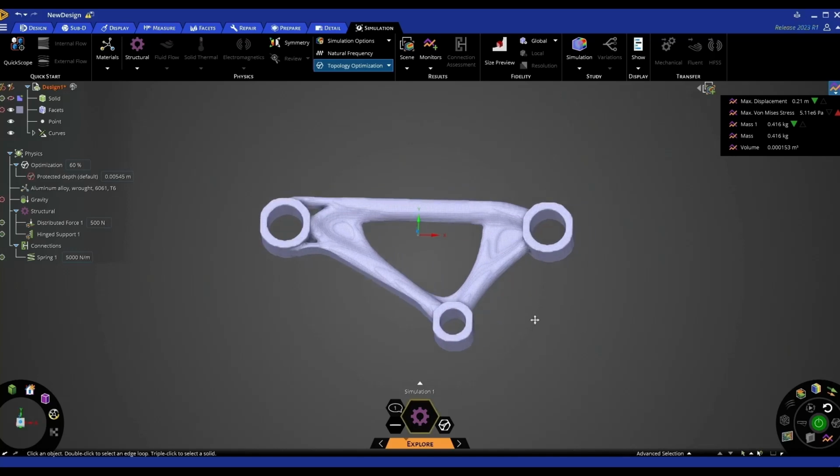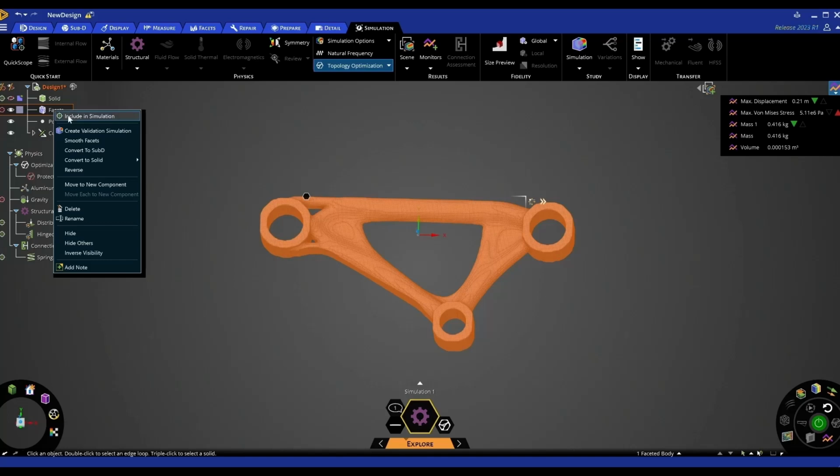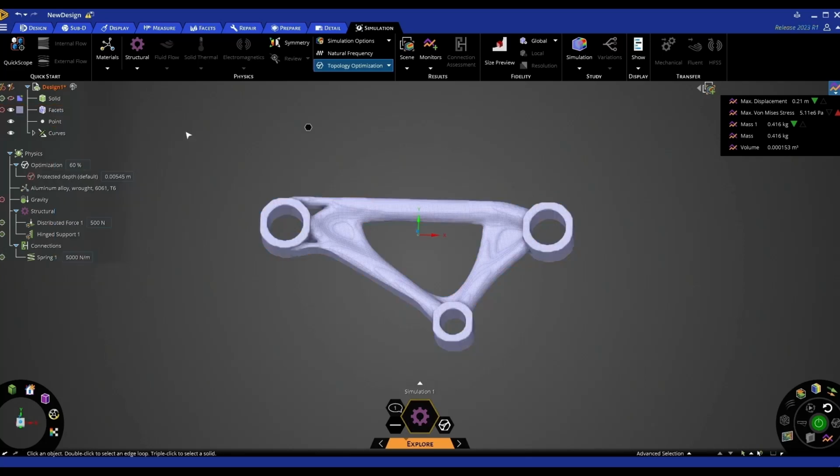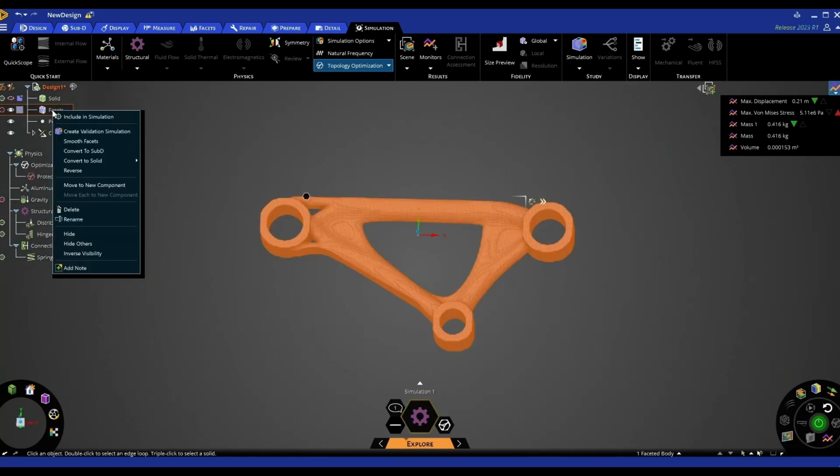If you want to use this, you can do other things to this. We can always right click on it. One thing that you definitely probably want to do is create a validation simulation. We can smooth these facets just to make it more aesthetically pleasing, and we can also convert them to a solid. So you probably want to smooth them before converting them to a solid, and that can be exported out as any solid format. So in this instance, what I'm going to do is create a validation simulation. I'm going to right click, create validation simulation,